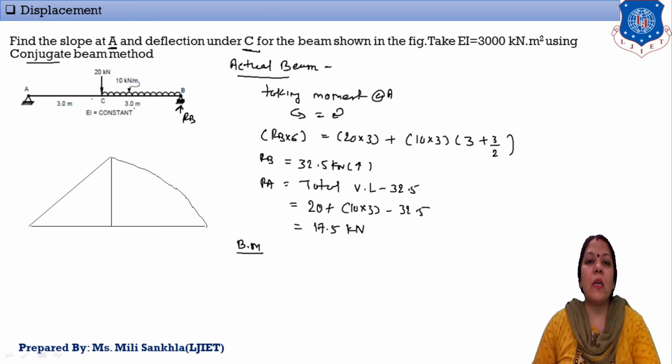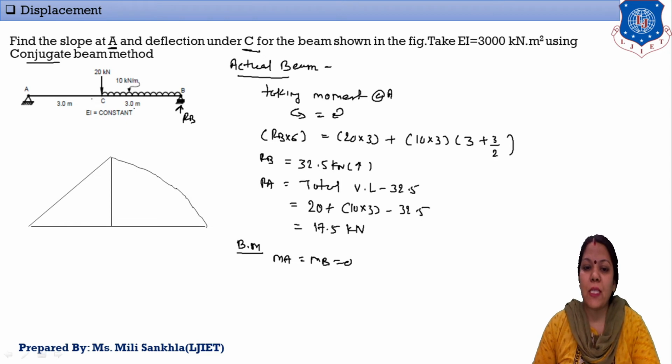Okay, now we find out bending moment, so make a heading bending moment. Always at A point and B point in a simply supported beam the moment is 0, because here one support is a hinge and another support is a roller. Okay, no moments are there. Hinge has a horizontal and vertical reaction, and roller has only vertical reaction, no moment, so MA and MB are always 0 for a simply supported beam.